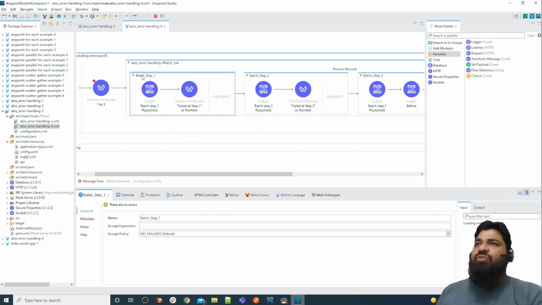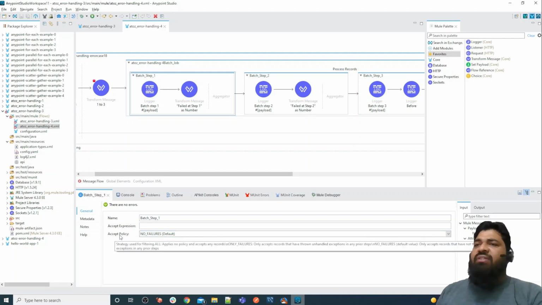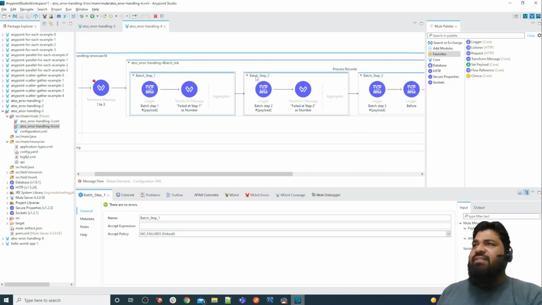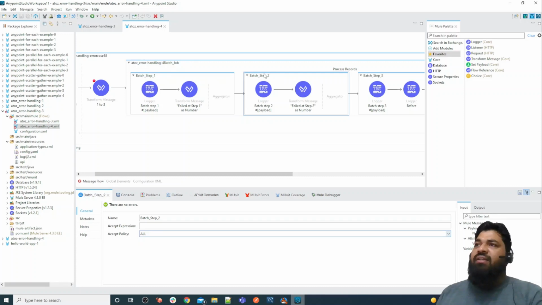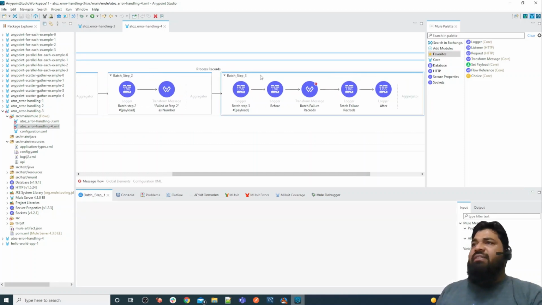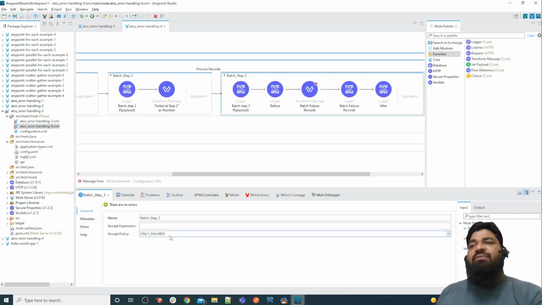Let me show you the steps. As you can see, the accept policy is no failures, and here the accept policy is all. What does it mean? It will accept failure records as well as success records in step number 2, but in step number 1 it will only accept no failures. We have a step number 3 which accepts only failures.